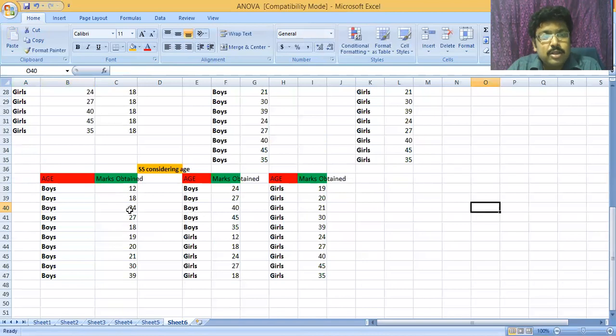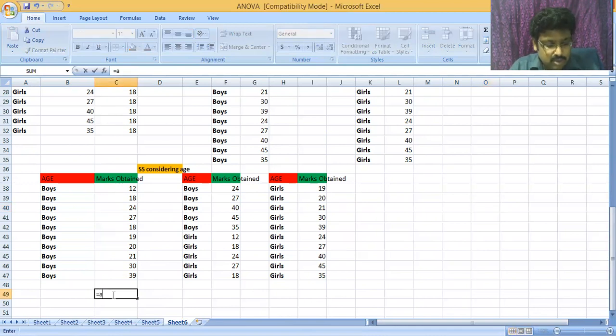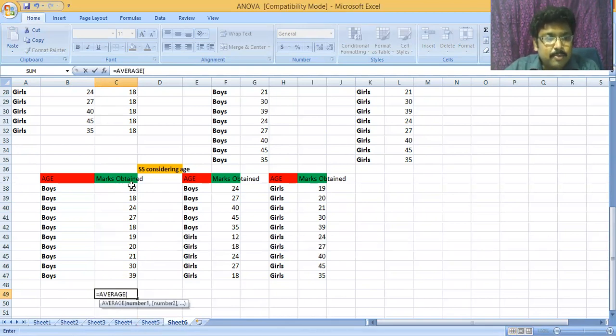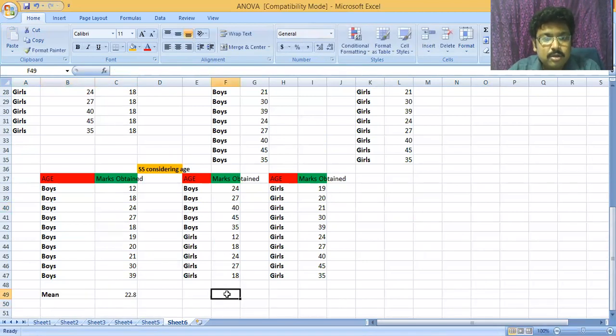Okay, so from this, as one way ANOVA, you have to find out the sum of square of this number. At first, you have to find out the mean of this column and this column and this column. I am finding out the mean equal to average is also called the mean. So average. So I am copying it, and this is the mean. Okay, mean, and in the same way, the mean,